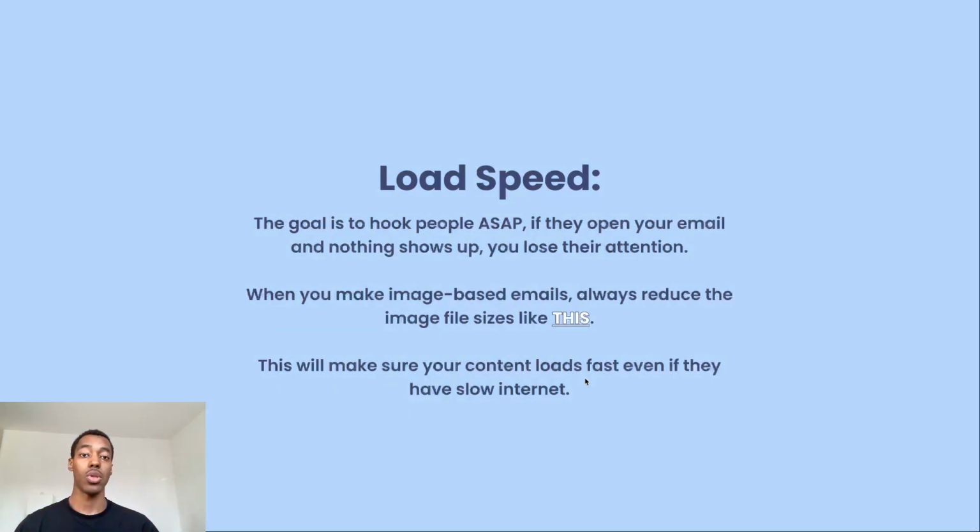We already covered that we only have 2 seconds. So if your email takes too long to load and it loads in more than 2 seconds, you already lost their attention. It is super important that your email loads quick. So there are 2 components to that. One is people's internet connection, and two, your email file sizes. The internet connection of people, you can't really control that, but the other thing that you can control is your